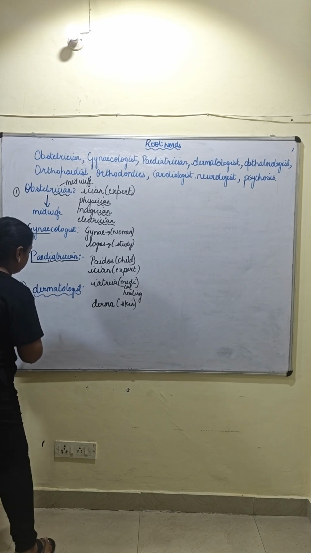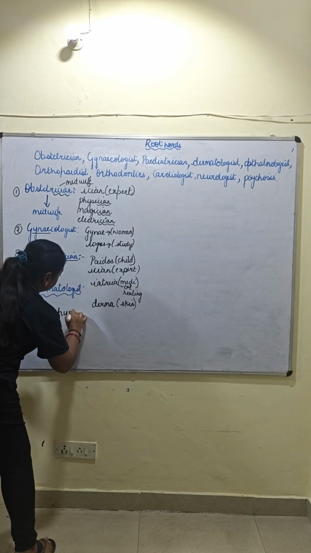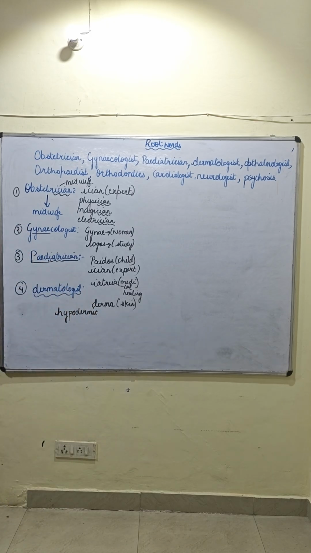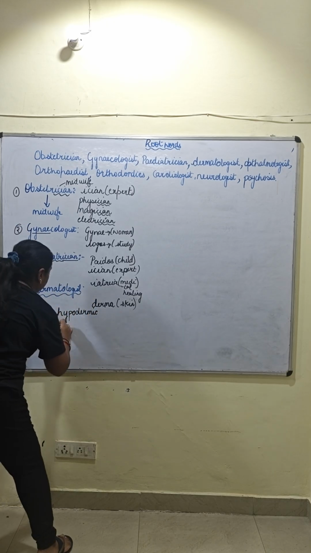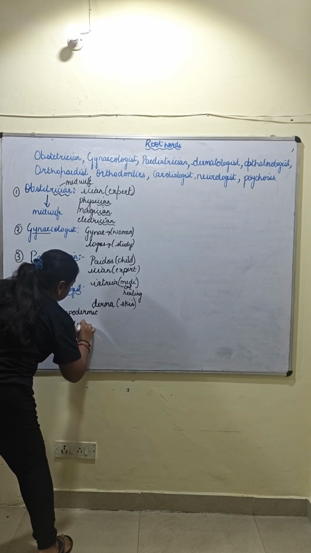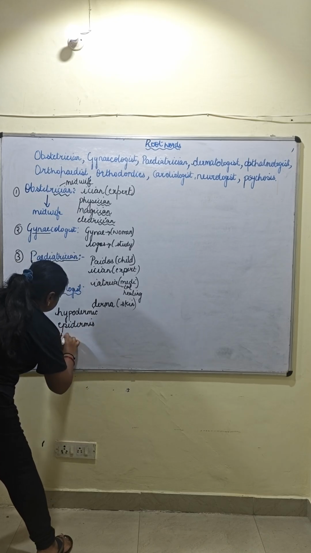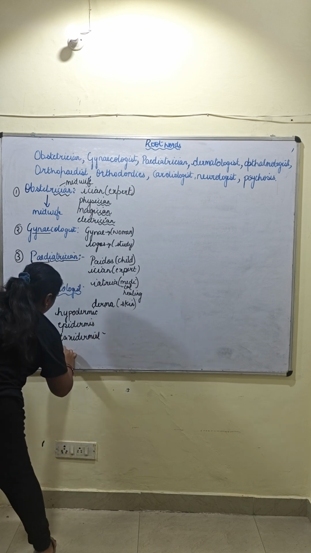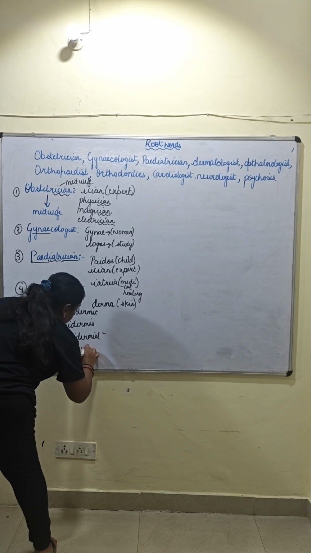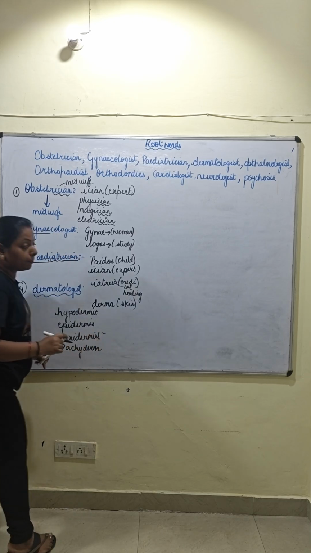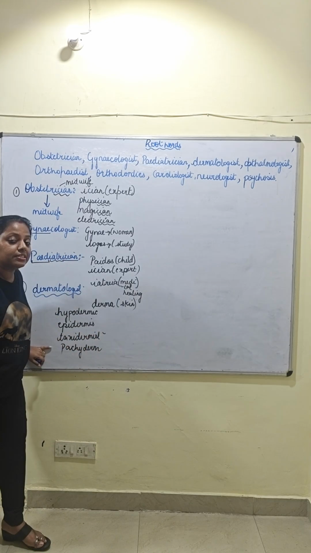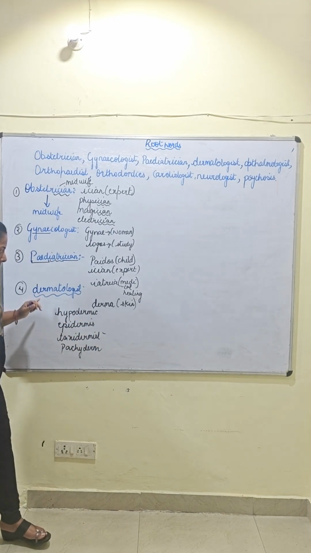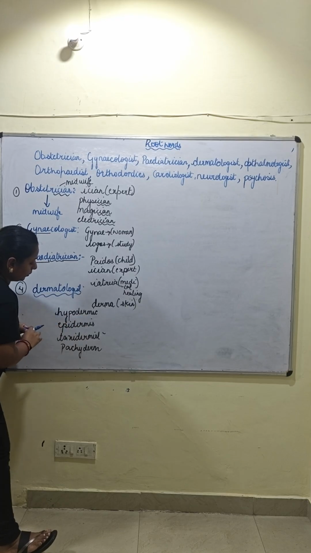Let me give you examples with this word dermatologist. Let's see these words. Hypodermic. Okay, this is one word, hypodermic. Then there is epidermic or epidermis. Then there is taxidermist. Then there is one more word, pachyderm. If you are aware of these words, well and good, and if you are hearing them for the first time, let's decode these words and see they have DERM in them.